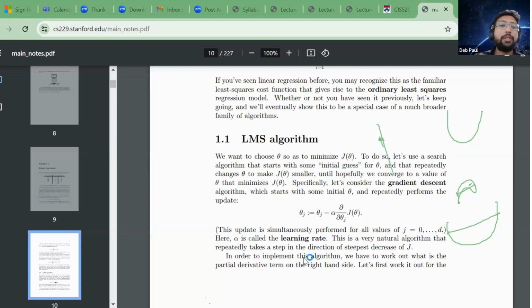That's why you'll see a lot of textbooks take this parabola as an example. They draw a parabola because the loss is like a parabola, since the loss is a function of a square, like y equal to x squared. This is basically a parabola. So I hope you can all connect that dot: all of this is coming from very fundamental assumptions. These are not out of thin air.